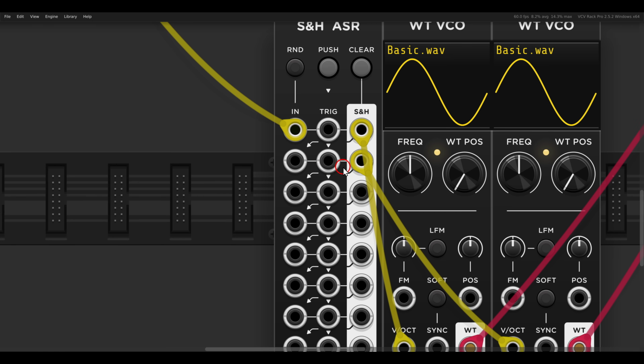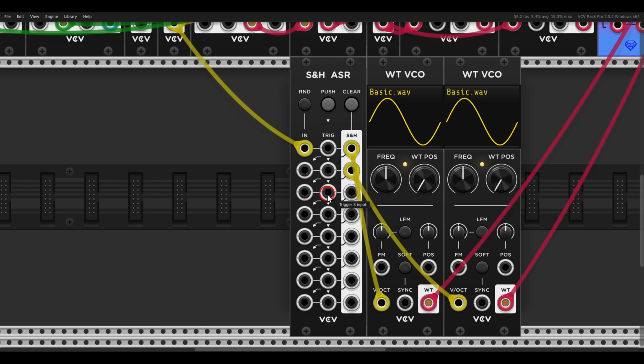What I want to show you here, you see we have the output and we also have here an arrow on each of the outputs. That means that this output goes also to the input of the second channel, and the second channel goes to the input of the third channel. Basically, this is called normalization. The inputs and outputs are internally connected unless you connect something to them. Because we have nothing connected here, this will be internally routed right from the output back to the input. So no need to connect again the